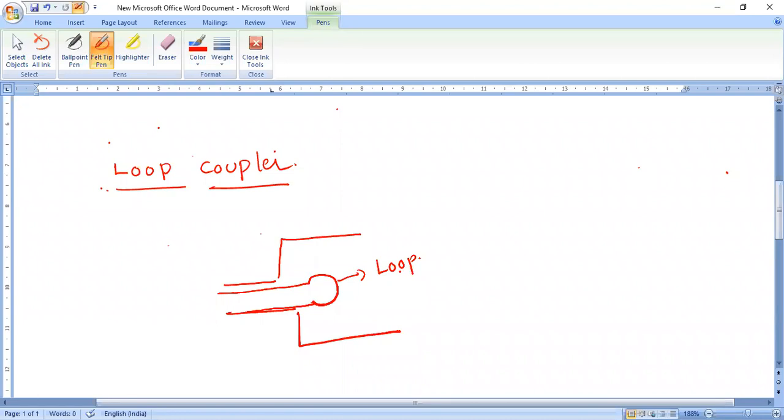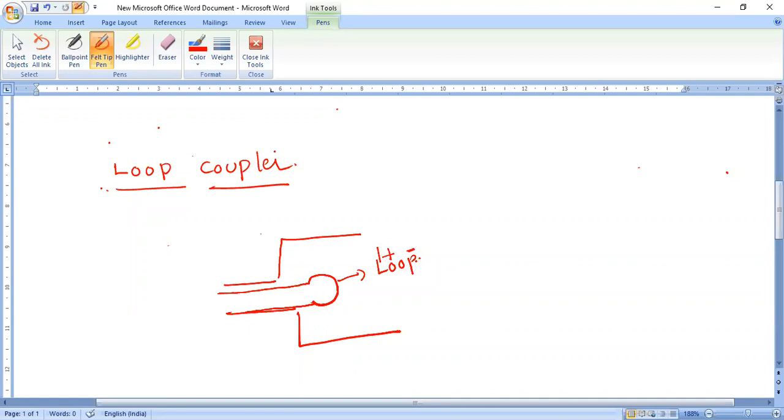That is what we previously discussed for probe coupling. Where the electric field intensity is maximum, there we keep the probe, and the inner conductor of the probe penetrates the broader wall of the waveguide. But the loop is principally magnetic. So the loop is placed generally where the magnetic field intensity, H, is very high.